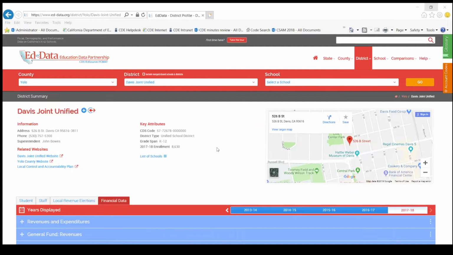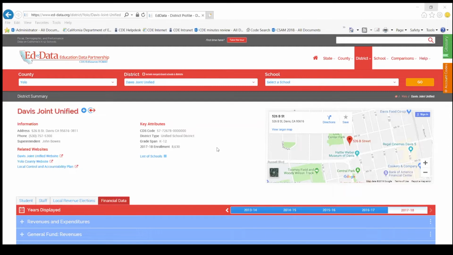So first of all, we don't collect school level financial data. So when I say school level, I mean the regular schools within a school district. We don't collect that level of data. We're only collecting data at the district level, except that we do collect charter school data, but the exception with that is that you will not see charter school data displayed on Ed Data,